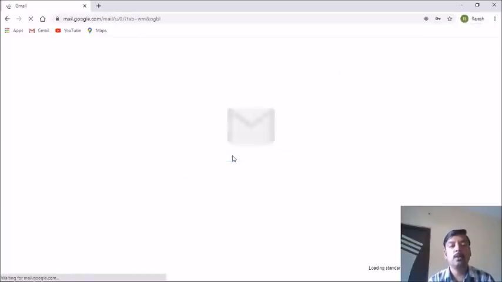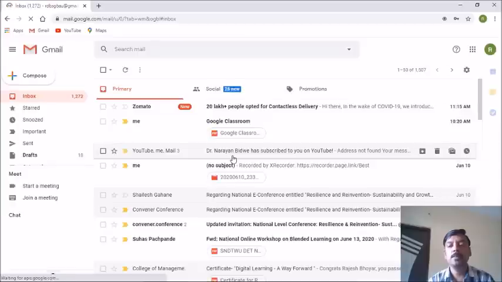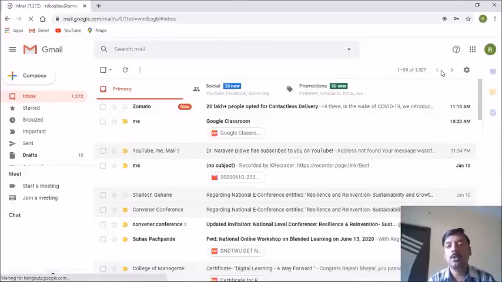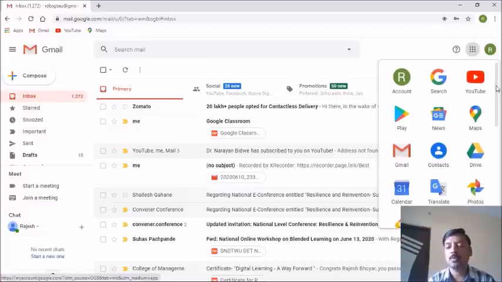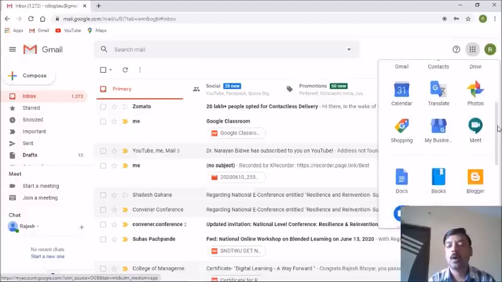Once you have logged in to your account, the next important part is, just like I have told you, these 9 dots which appear on your mailbox. The mailbox gets opened, and within that mailbox you can see these 9 dots. You just have to click on them, and you can see some of the tools which are frequently used by Google, or which most Gmail users might be familiar with. From among these tools you will not see one tool, and that is Google Classroom. So you have to scroll down,